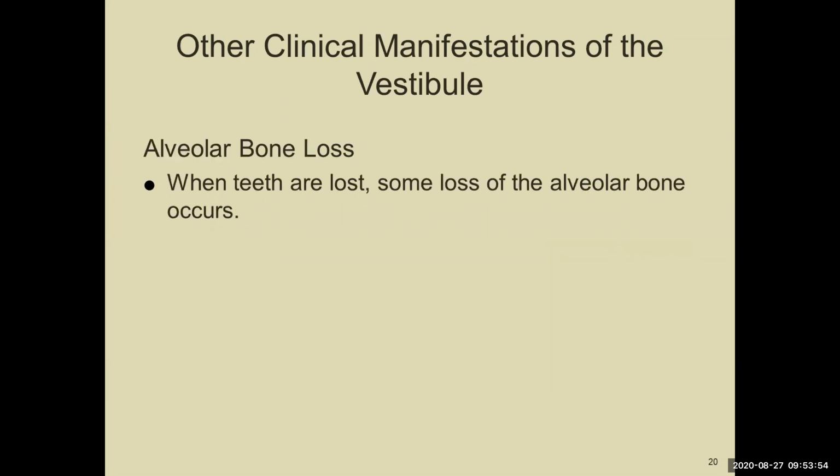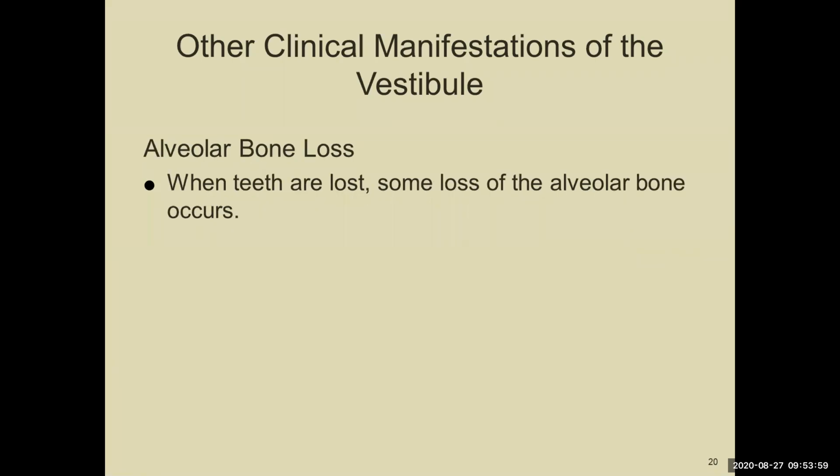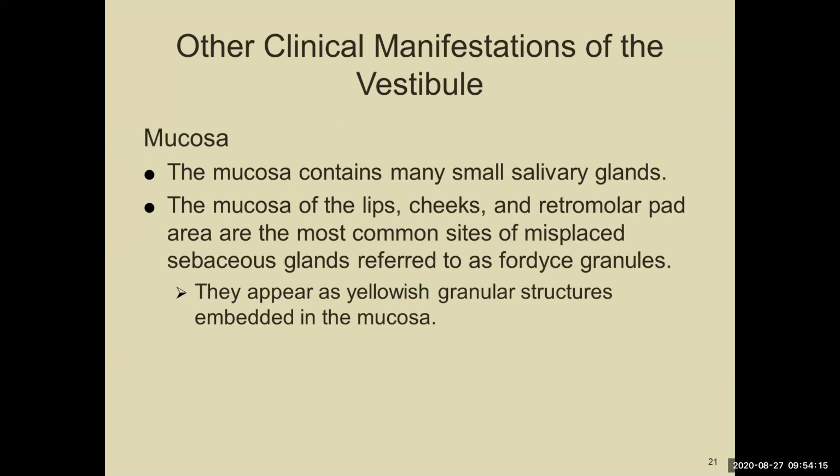So what are other clinical things that you're going to be observing? Bone loss. When teeth are lost, so is the bone around the tooth. So there can be alveolar bone loss that can be visible inside the mouth with just the architecture of the mouth, or radiographically on x-rays. So then you've got your mucosa, and that mucosa is oftentimes freely movable. It contains many salivary glands,